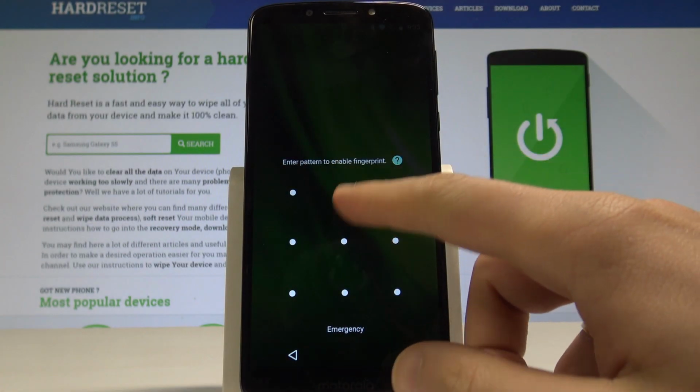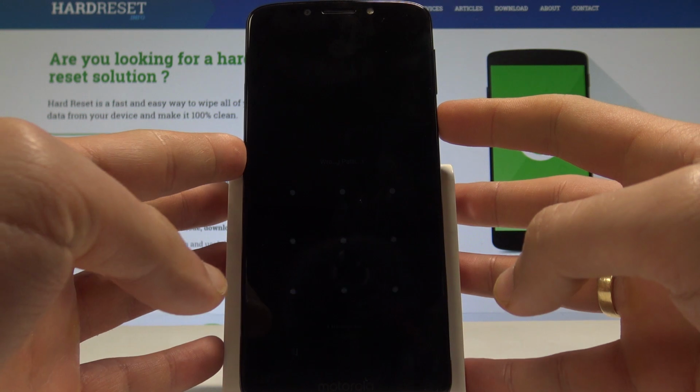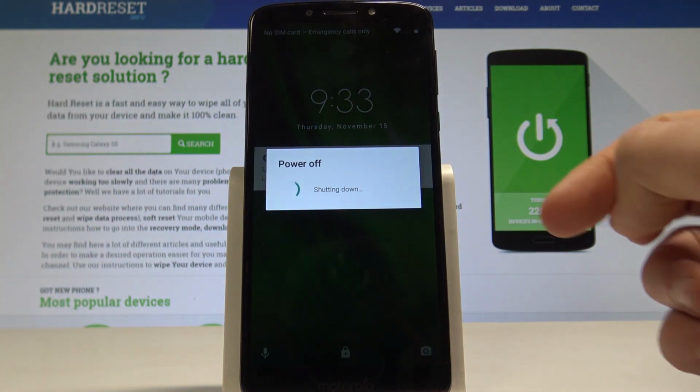Here I have Moto G6 Play, and let me show you how to accomplish the hard reset operation of that device, and let me show you how to bypass pattern, password, fingerprint or other screen lock method on the following phone. So at the very beginning you need to press the power key and choose power off just to completely